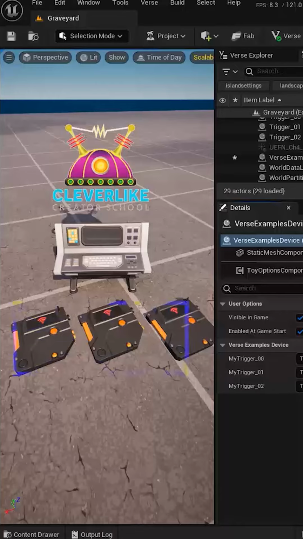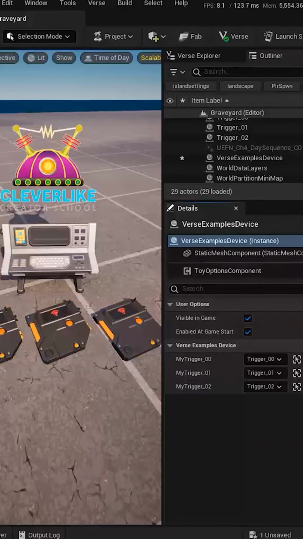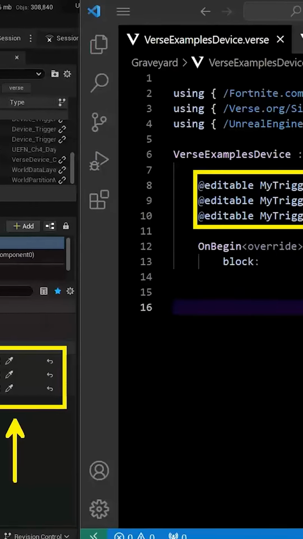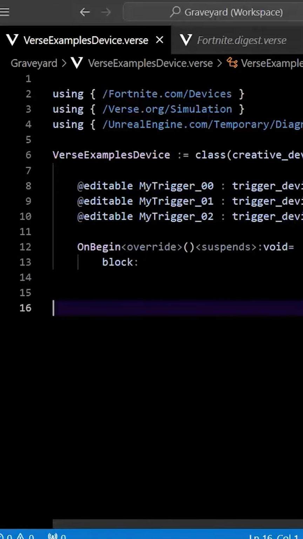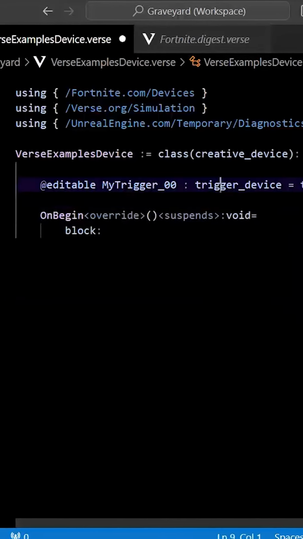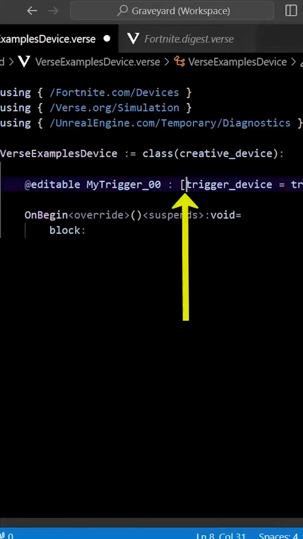If you have a whole bunch of the same type of actor inside of UEFN, it may be smart to not actually add them as separate editables, but instead create an array to hold them all. This is incredibly simple. Let's go ahead and just delete the pieces we don't need. And then here under our trigger device, let's just go ahead and add in a couple of square brackets